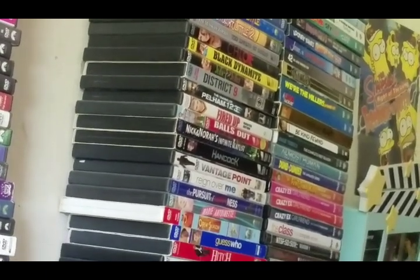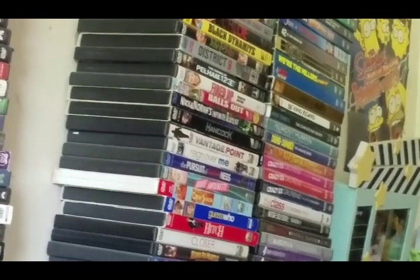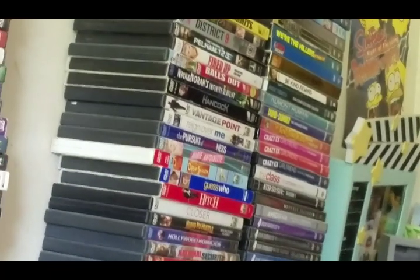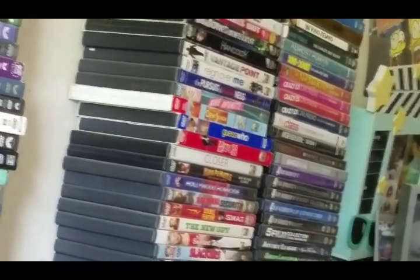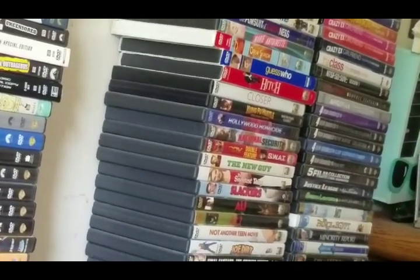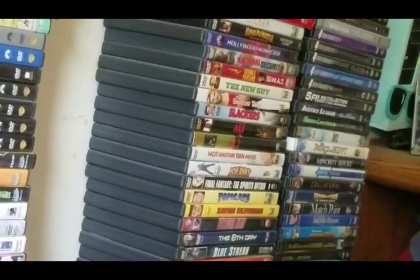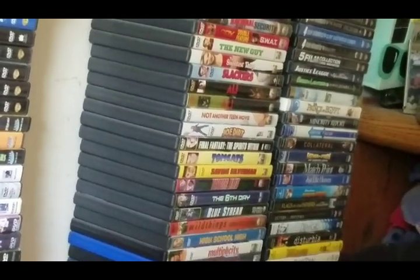Julie and Julia, District 9, The Taking of Pelham 1 2 3, Fired Up, Balls Out, Gary the Tennis Coach, Nick and Nora's Infinite Playlist, Hancock, Vantage Point, Reign Over Me, Pursuit of Happyness, Marie Antoinette, Open Season, Guess Who, Hitch, Closer, Kung Fu Hustle, Hollywood Homicide, National Security, I Spy and SWAT, The New Guy, Sweetest Thing, Slackers, Ollie and Ollie the Director's Cut, Not Another Teen Movie, Joe Dirt, Final Fantasy Spirits Within, Tomcats, Saving Silverman, Vertical Limit, 6th